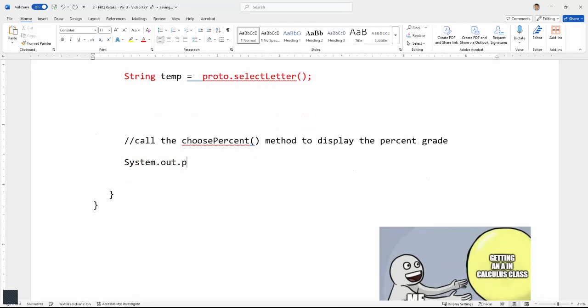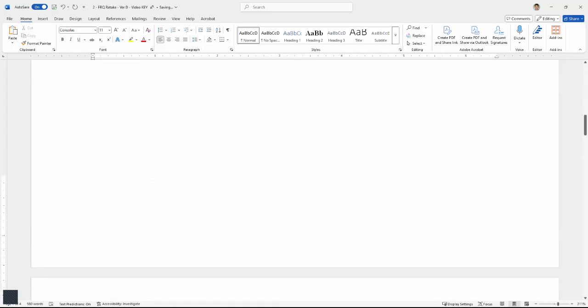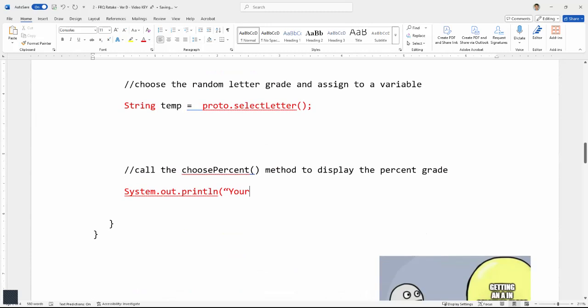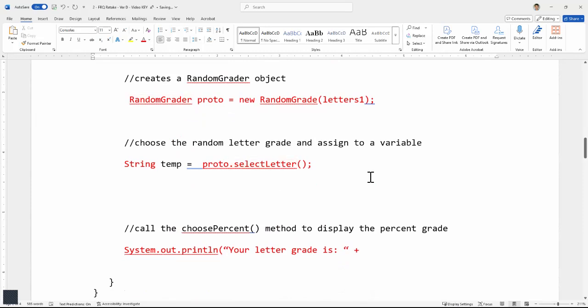So I can do system.println and go straight to, let me go to red. What was the output? Let's see. There's two things I have to show here. It says your letter grade is, your percent grade is. So you do your letter grade is, and then I can end that. And we can also do a concatenation with, where did I have the select letter is from temp, right? So it's going to go ahead and display that. And then I can do system.out.println for a new line. Your percent grade is,